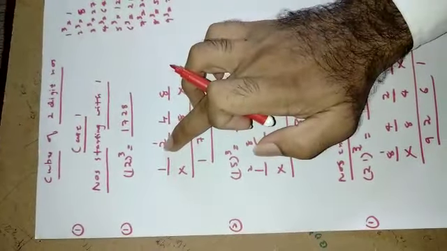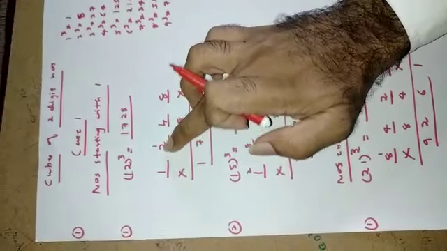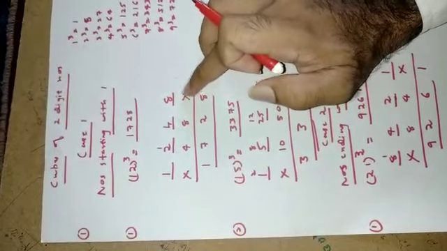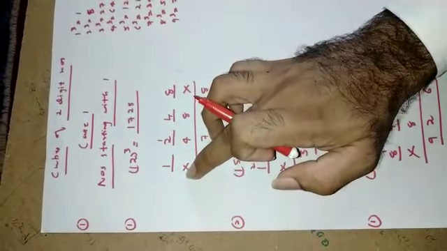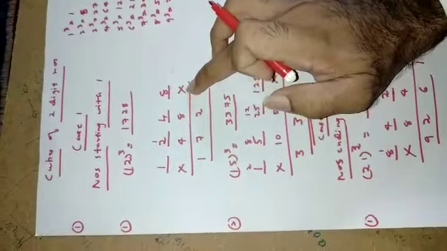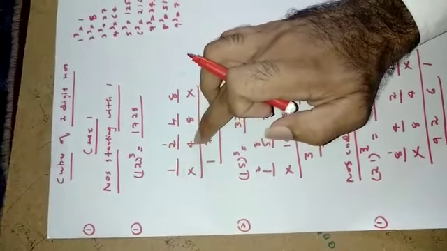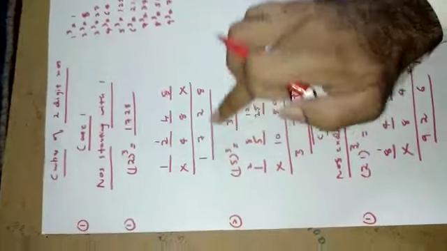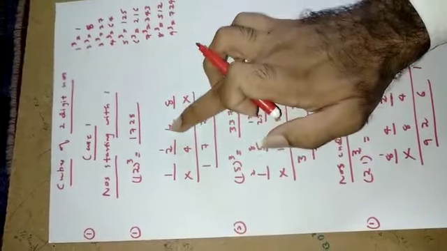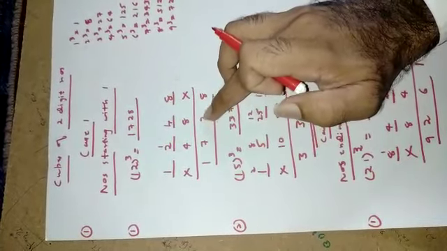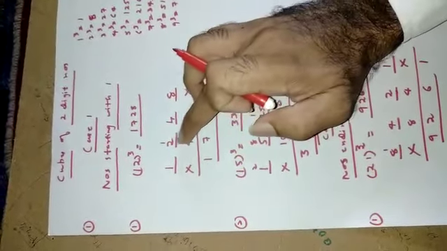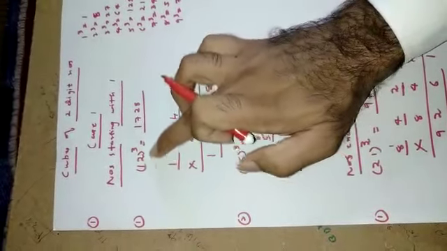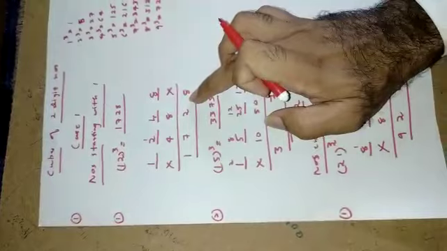Then we find 2 square is equal to 4, and 2 cube is equal to 8. Then we put one space here, one cross mark here and one cross mark here. We should not fill anything here and here. Then we multiply: 2 into 2 is equal to 4, 4 into 2 is equal to 8, and then we need to add. So 8 plus nothing is 8. 4 plus 8 is equal to 12, so write 2 and 1 carry. 4, 5, 6, 7. 7. And 1 plus nothing is equal to 1. Therefore 12 cube is equal to 1728.